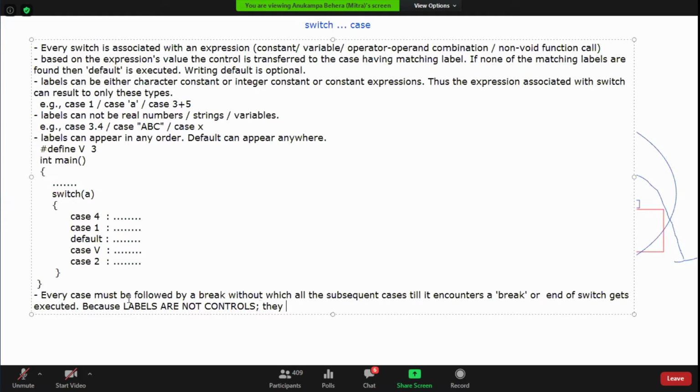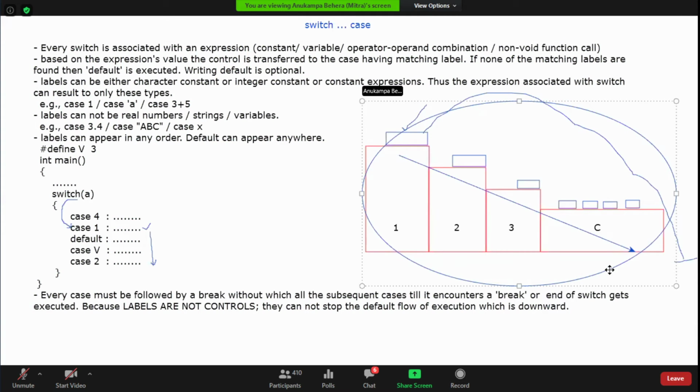They cannot stop the default flow of execution, which is downward. So that is why we need to apply a break. Is it clear with you guys?